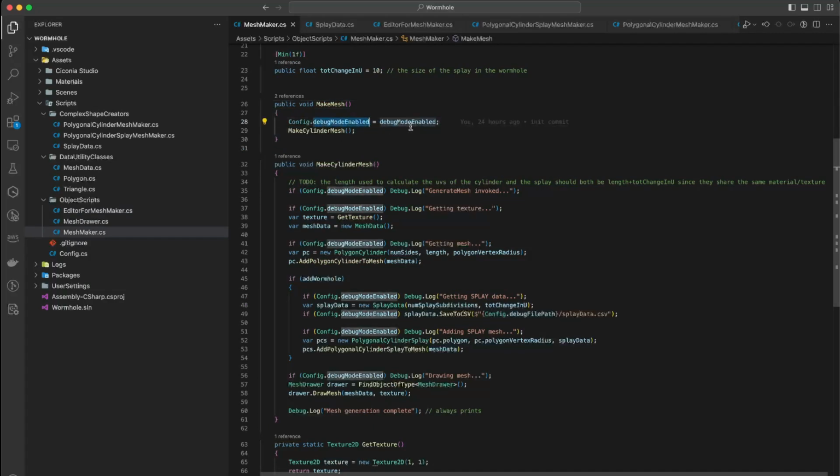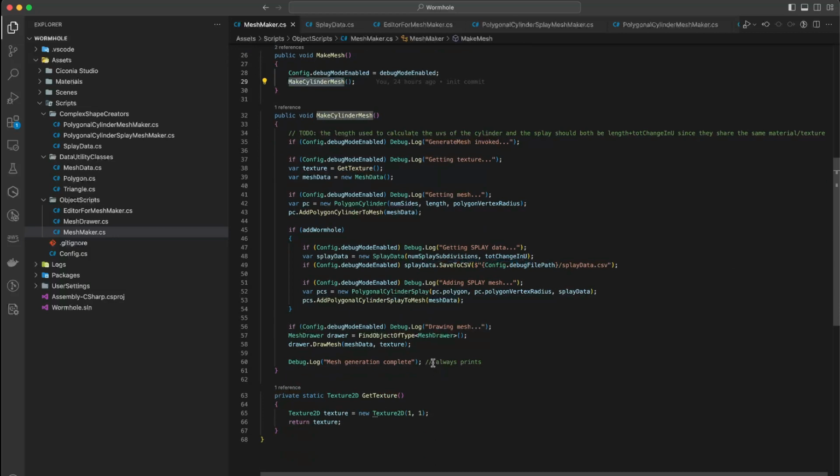Debug mode enabled just controls whether you're saving data, either printing it to the screen or saving it to a CSV. But it'll call this function. This function basically calls everything else. First it gets the texture, then it creates the cylinder part of it, and then if you've got add wormhole checked,